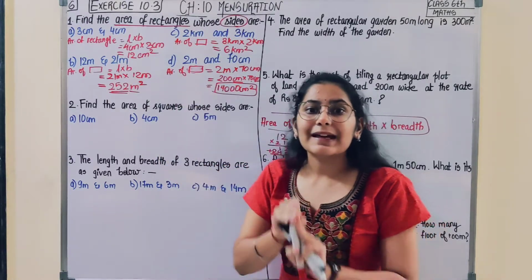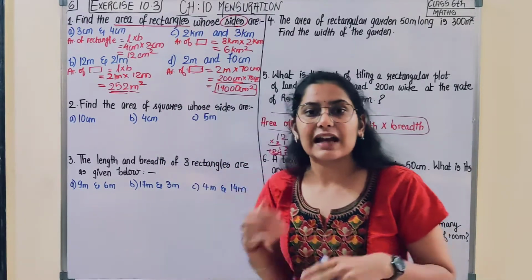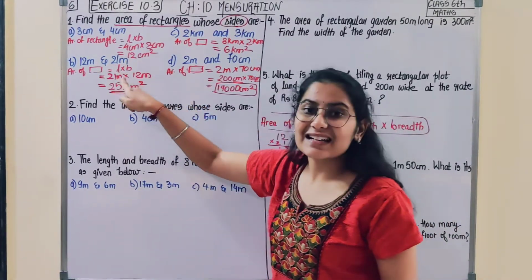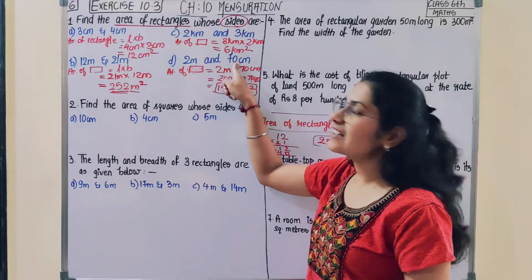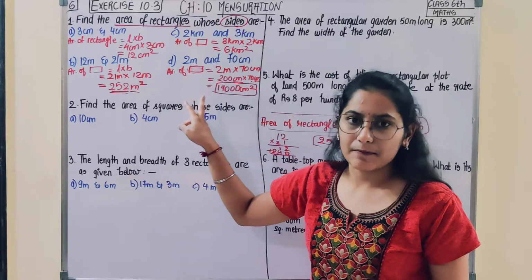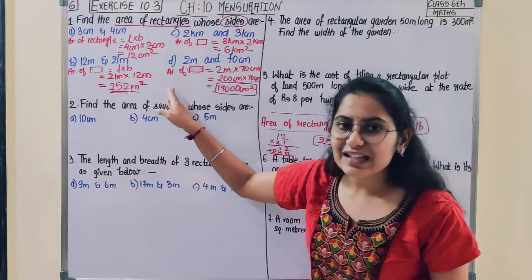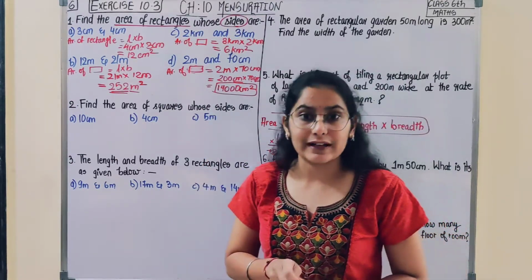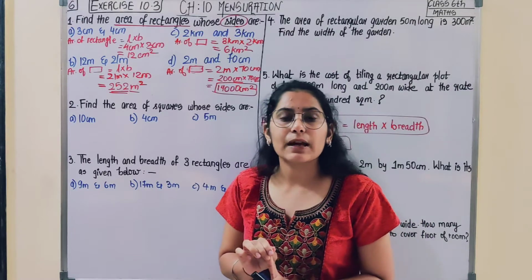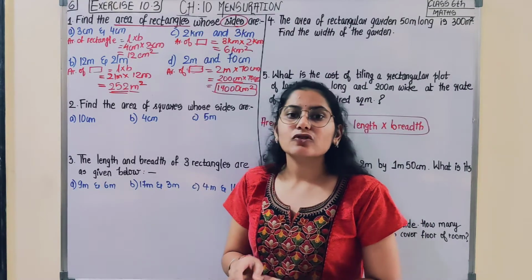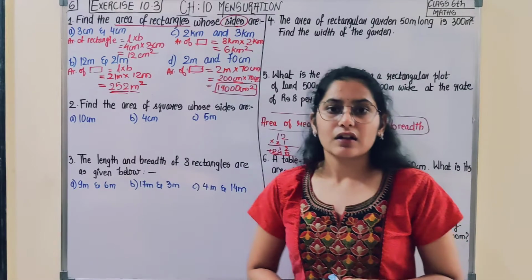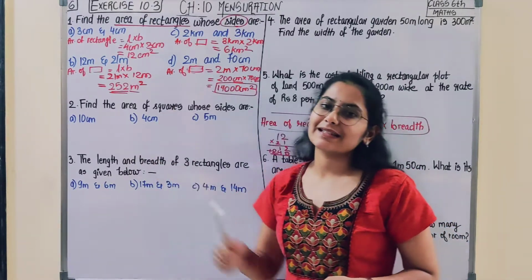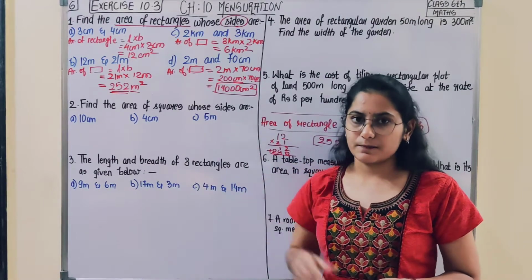Third, you would be able to check whether the units given are the same, or else there is a need to convert in either of them. Either you convert meter into centimeter or centimeter into meter. So these three key points, to remember the formula, to check the format and to check the unit conversion, are important, and they led to solving this exercise and this question.